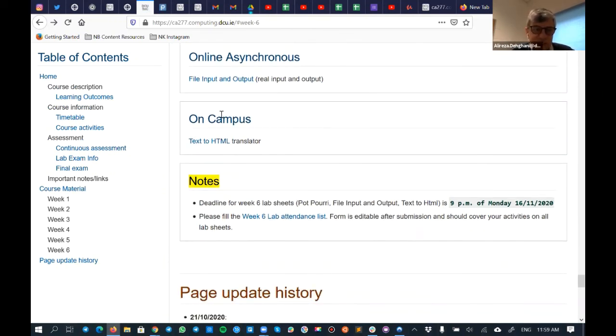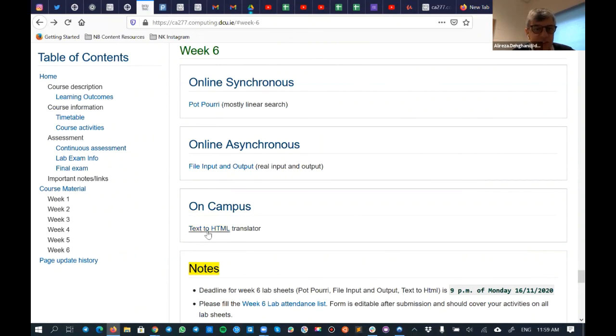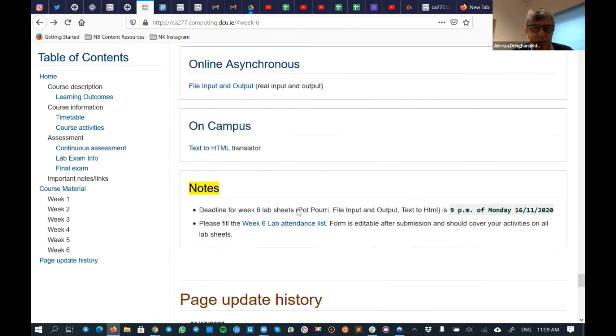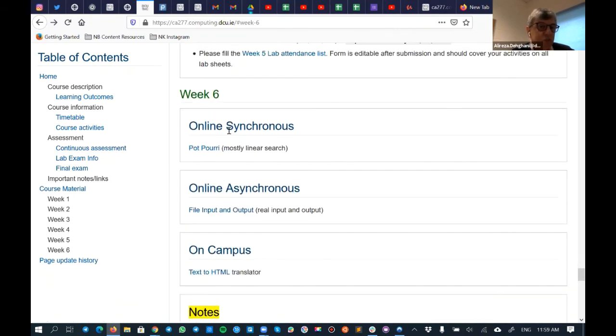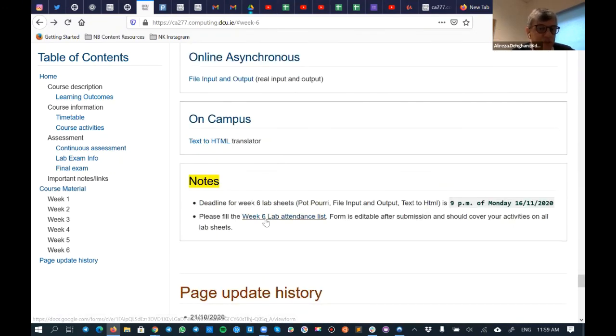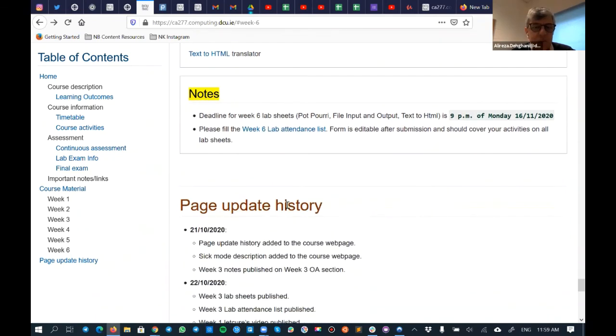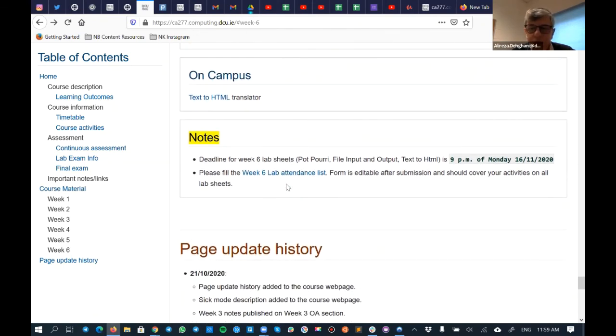You have some task in all these files, as you can see. That's not called a lab sheet anymore in this week, but they are the tasks. And like I said, 9 p.m. Monday next week is the deadline. That's the lab sheet. You need to go through that. I'm reading whatever you put into the lab sheet, and in this week I went through some of the examples for you to satisfy the questions you ask. Hopefully it has been helpful and beneficial for you. Next